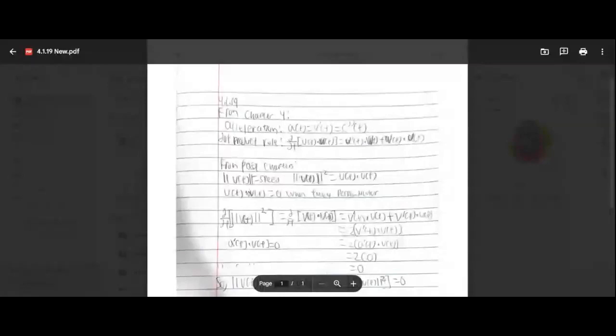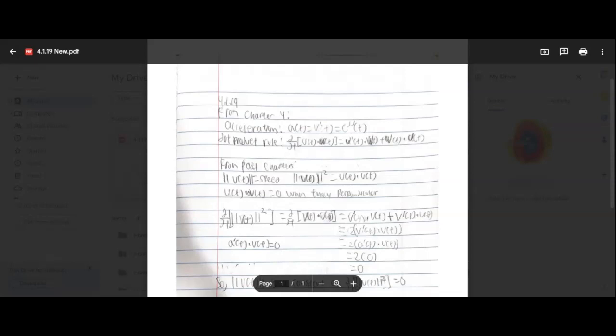So I'll be presenting 4.1.19, and the question asks to show that if the acceleration of an object is always perpendicular to the velocity, then the speed of the object is constant. To quickly give some context from what we're going to learn in chapter 4 to help with this problem,